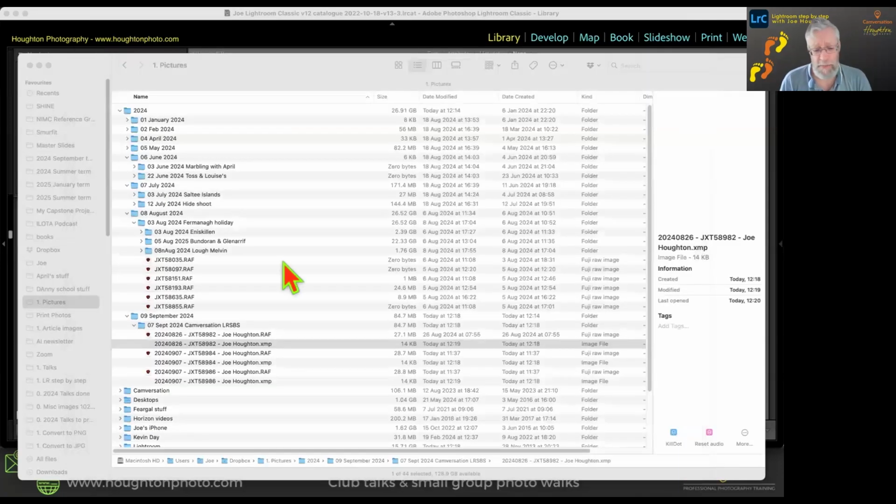I don't know why they don't make it turned on by default in Lightroom. It just seems crazy because it's so useful. But anyway, that's what it is. So that's why when you go back into Windows File Explorer or Finder on the Mac, you'll see